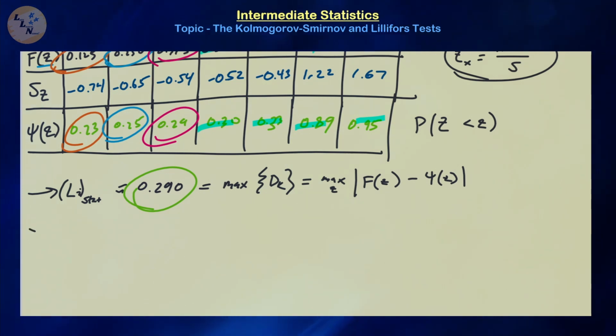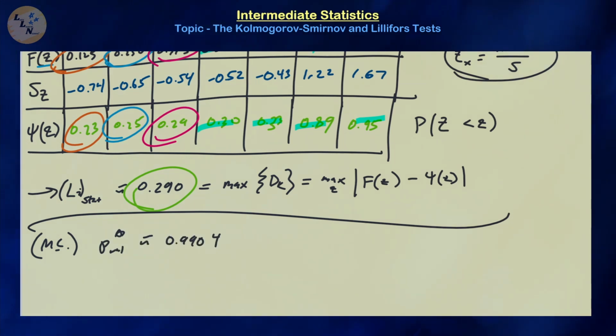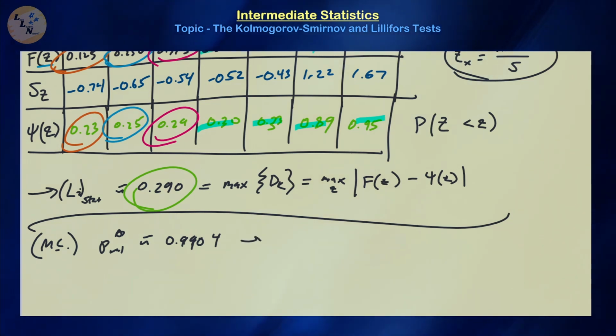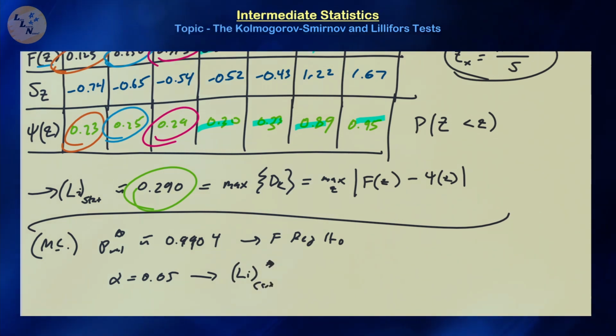Okay, so now we need a critical value or a p-value too. What we're going to do is a Monte Carlo simulation in order to generate those critical values and p-values. One should be able to show that the empirical p-value associated with this is approximately equal to 0.9904, which is higher than normal, and we shouldn't be surprised because we're centering a normal distribution around it. So as usual, we're going to be failing to reject the null hypothesis. You should also be able to show that a 0.05 level of statistical significance is going to generate a critical value of approximately